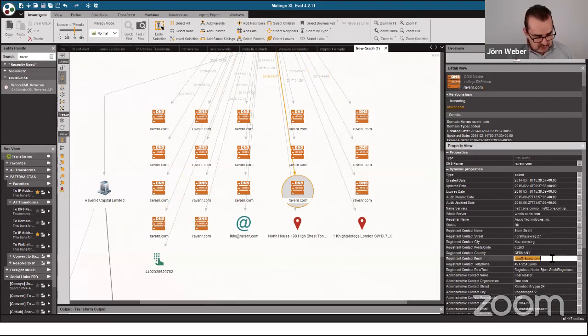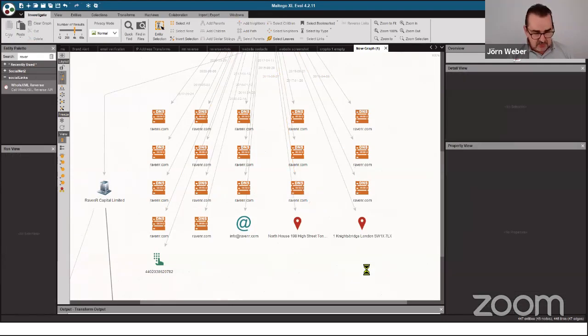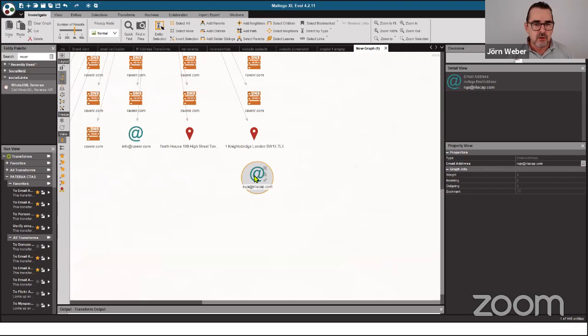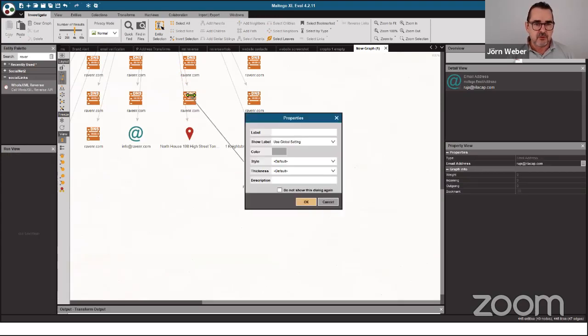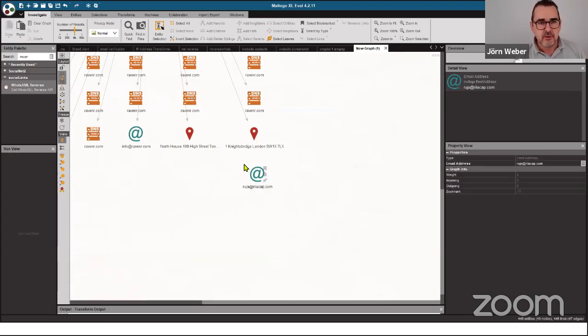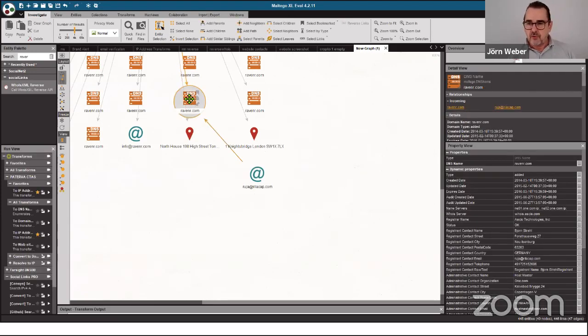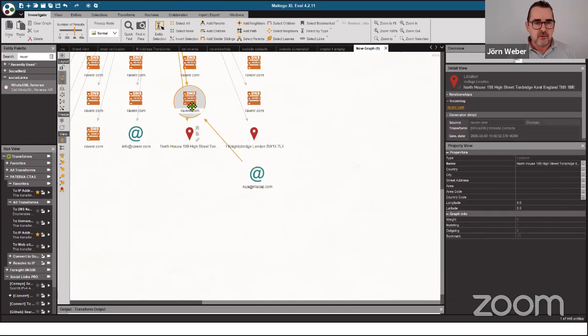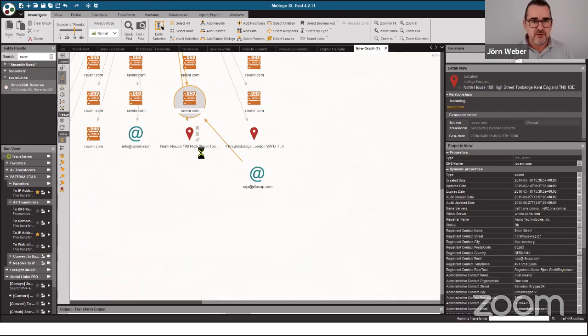I say, oh, interesting. So I get this email address, bring it to here, and make sure that I know later on where it comes from. I connect it and can check that later on. Yeah. So for this information, I can also convert this entry to entities.